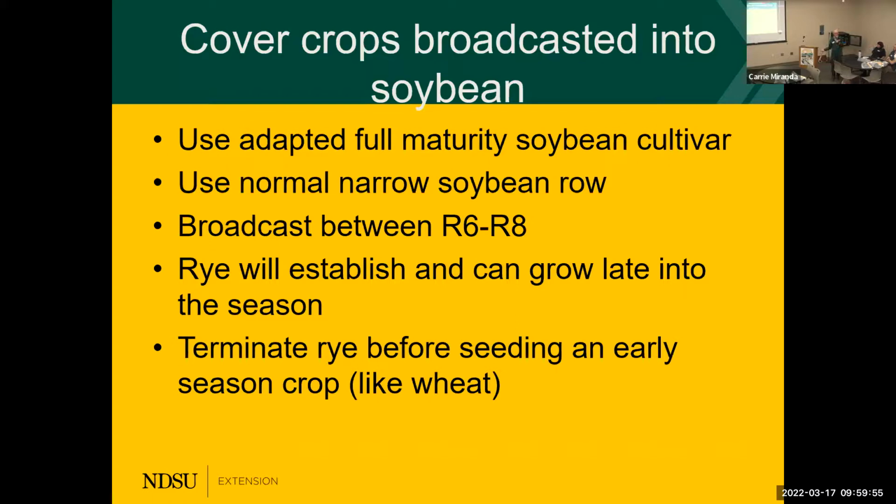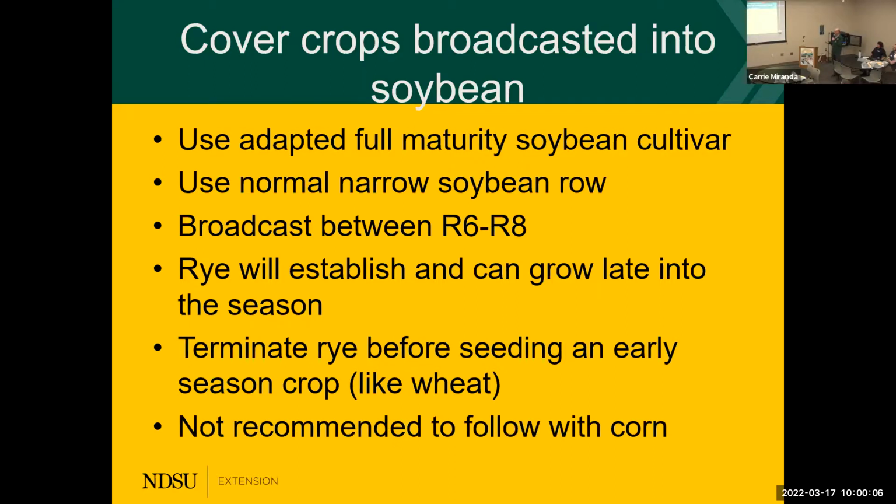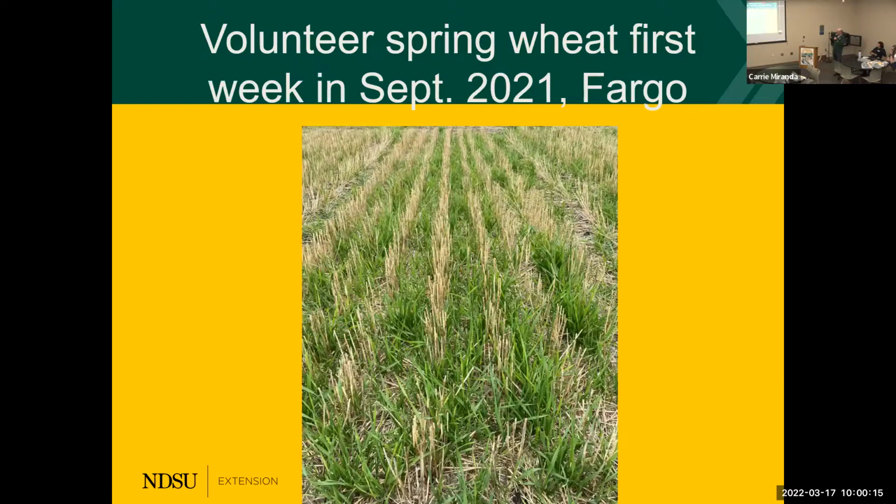So we were growing wheat after the soybeans the following year. If we didn't terminate it just before the wheat, we saw a reduction in the wheat crop. So we have to terminate it. And we also do not recommend this system: if you have the cover crop in the soybeans, don't follow it with corn. So the next one,